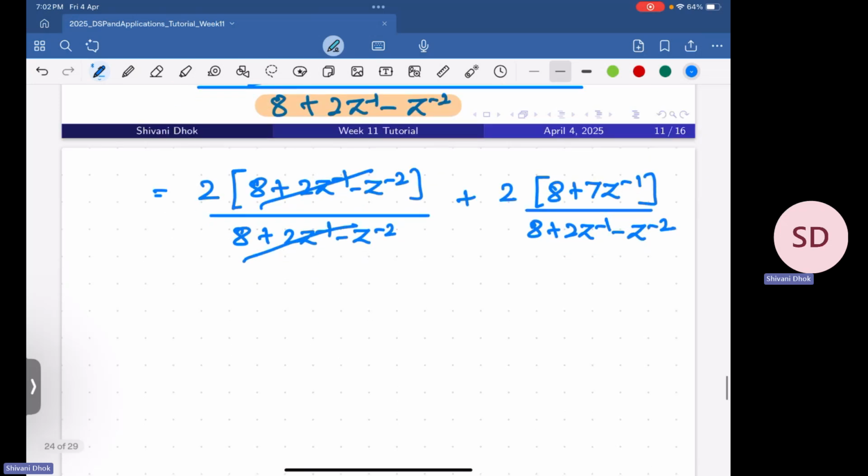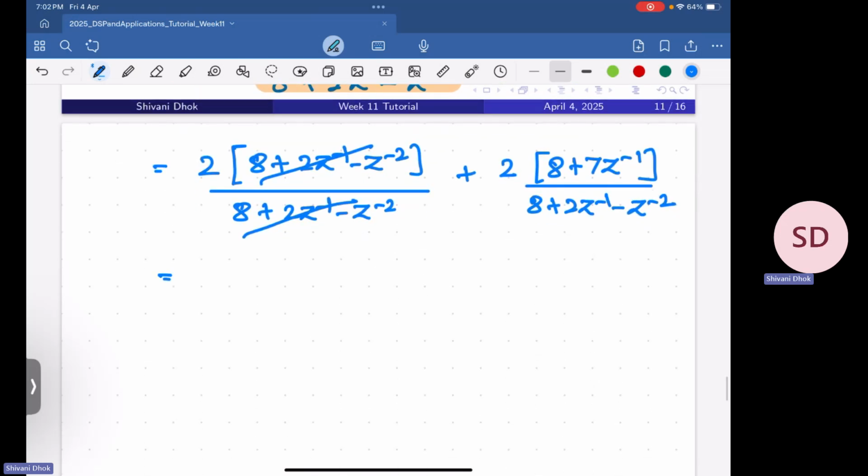These get cancelled, and what we are left with is 2 plus,